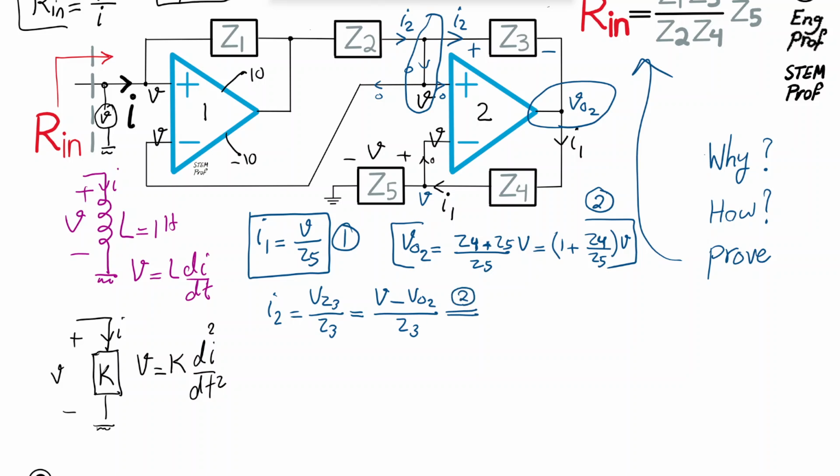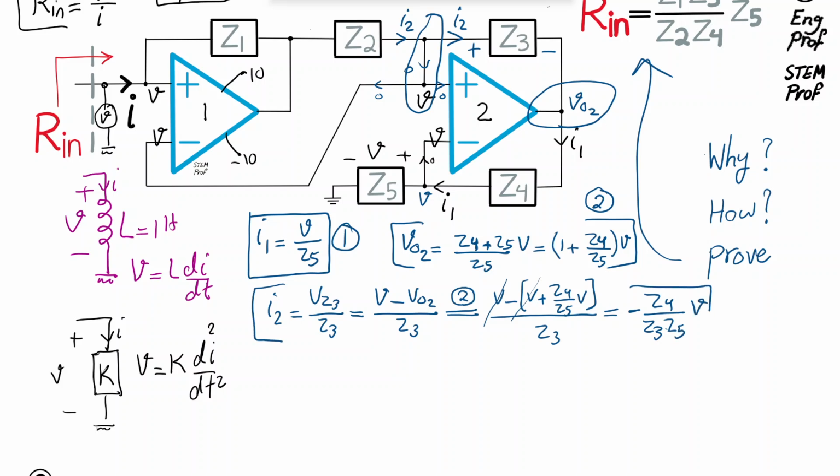So using equation 2, therefore I can say V minus, so if I use this one, it is effectively V plus Z4 over Z5 V divided by Z3. So obviously these two cancel out each other, and what remains would be minus Z4 divided by Z3, Z5 times V. Interesting. So when you look at this outcome here, which I'm going to write it again here because it